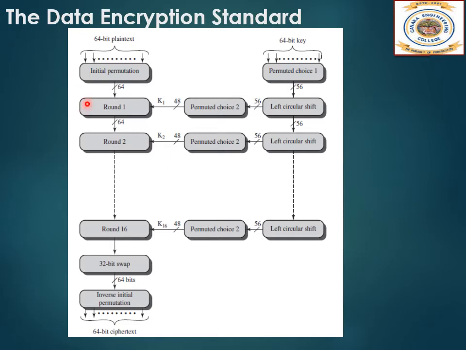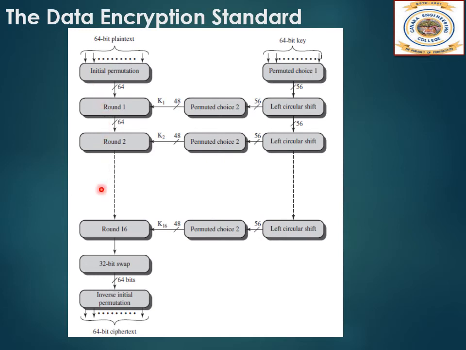Now let us see the overall scheme for DES encryption. So in this figure, the scheme is illustrated. In this case, the plain text must be of length 64 bits and the key also has to be, the input key taken is 64 bits but we need 56 bits in length. Now looking at the left side of the figure, we can see that the processing of the plain text proceeds in three phases. First, the 64-bit plain text is passed through an initial permutation. Here, the bits are rearranged to produce a permuted output.